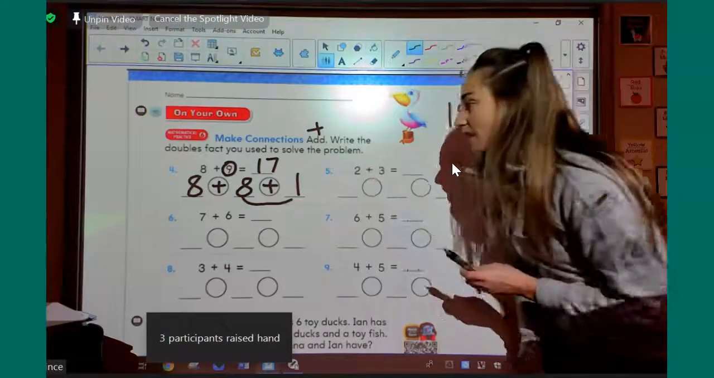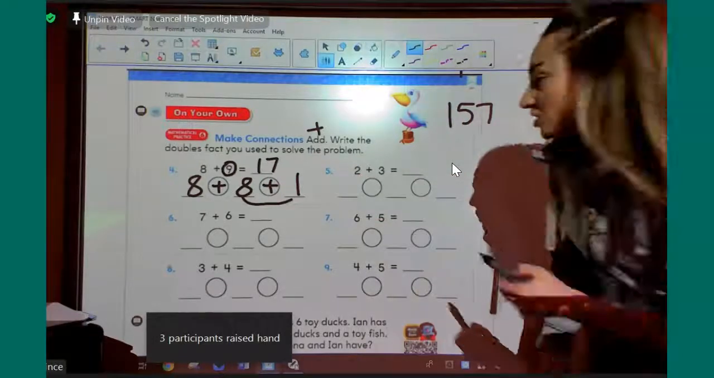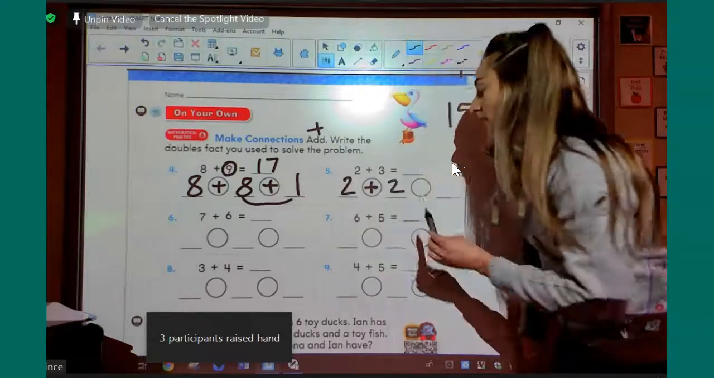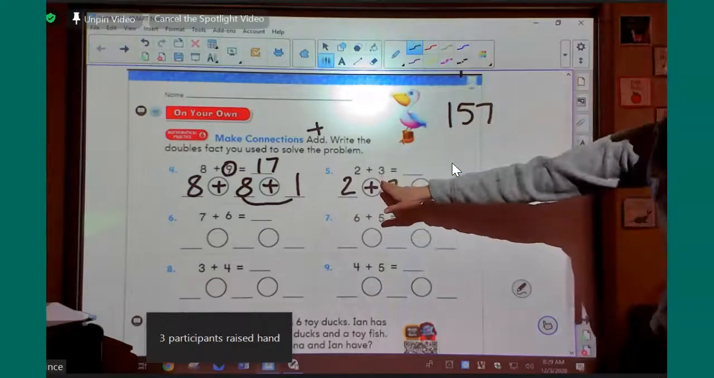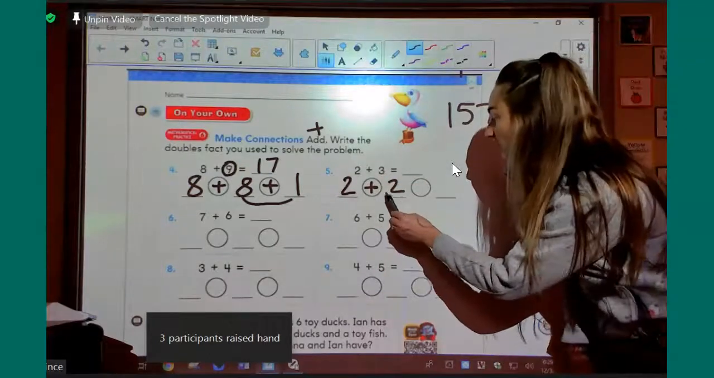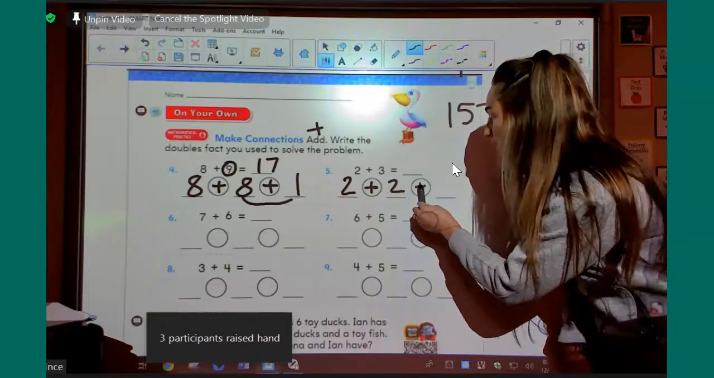2 plus 3. All right. Our doubles fact is our 2. So 2 plus 2. But it doesn't want us to do 2 plus 2. It wants us to do 2 plus 3. So this part together needs to equal 3. So 2 plus,